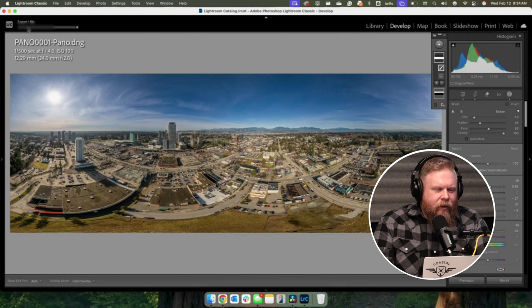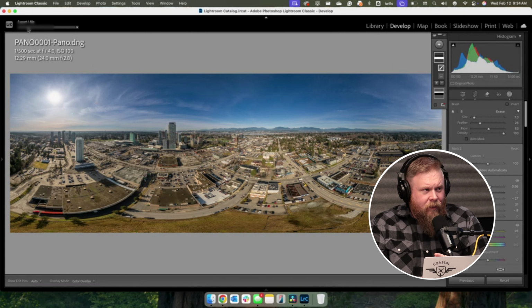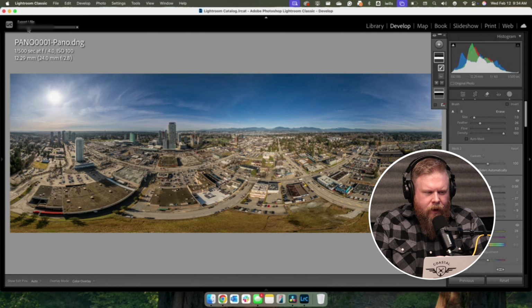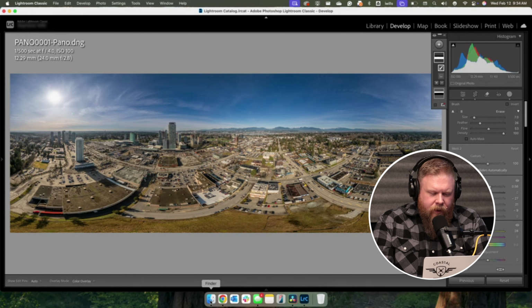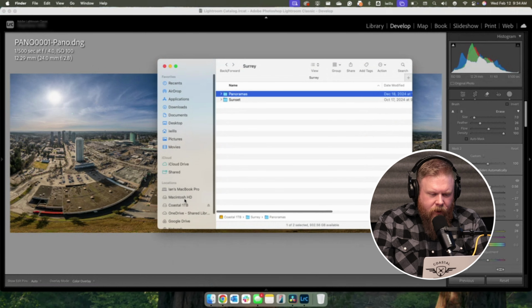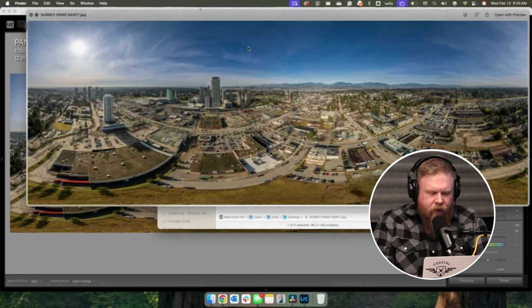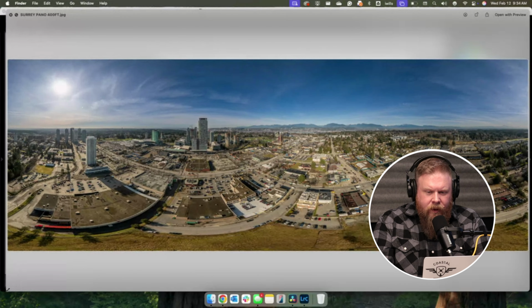Now it's going to start converting this DNG file into JPEG. Again, it's really big, so it's going to take more than a few seconds to do this. So we'll let it grind on that for a minute here. And that's pretty much it. So if I go to the Finder and I go to my desktop, there it is. There's the original file. I'm just in preview mode. If I go to open with preview,